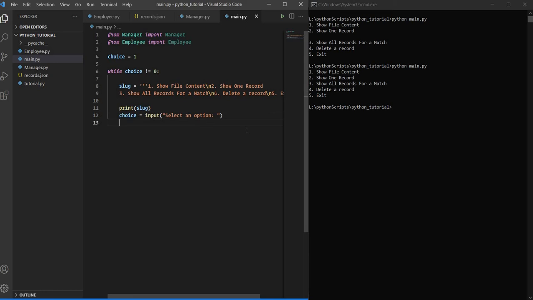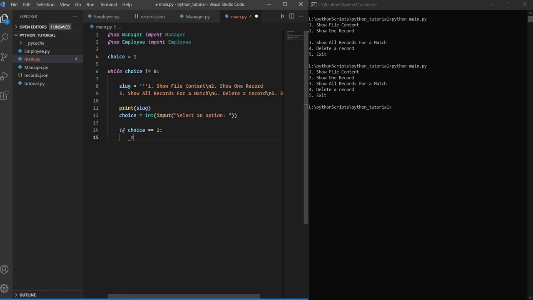Okay, so once we have a choice, now we need to use an if else ladder. In Python, till now there is no switch case, so you need to use something like an if else ladder. So what we are going to do, we will say if choice equal to, now remember this is going to be string input. So let's convert this into integer input. So we'll say int like this, and we will say if choice equal to 1, then we will write a